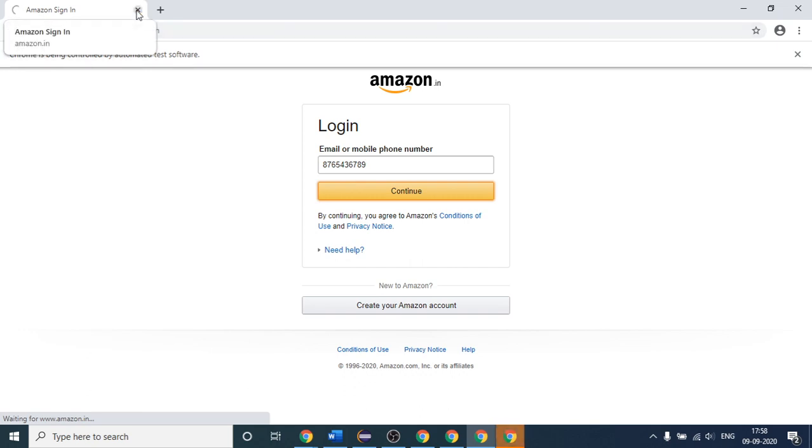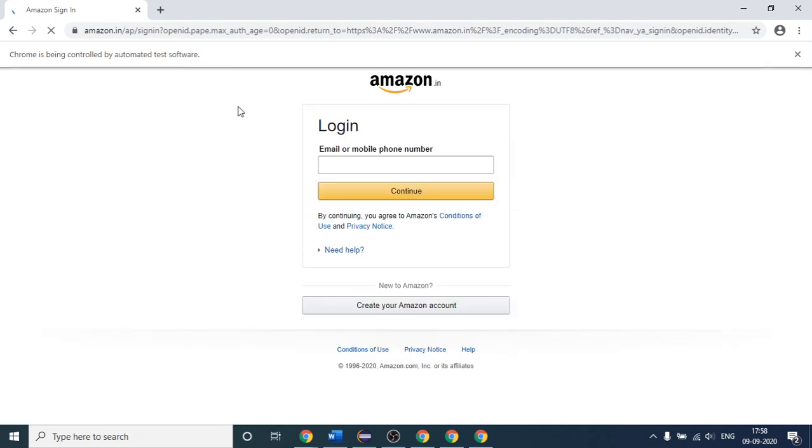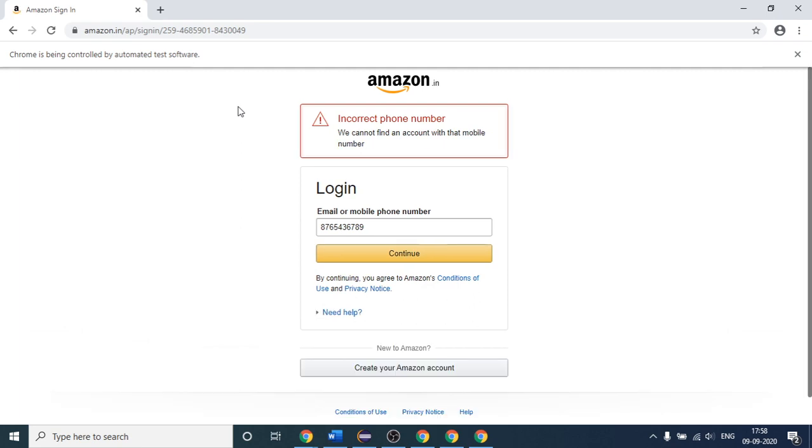Let us close this. You can see the browser is opened again, it has expanded because we have provided suitable code for it. You can see it has clicked on the continue button, and again it is saying incorrect phone number.